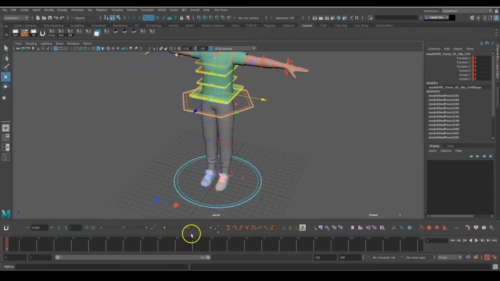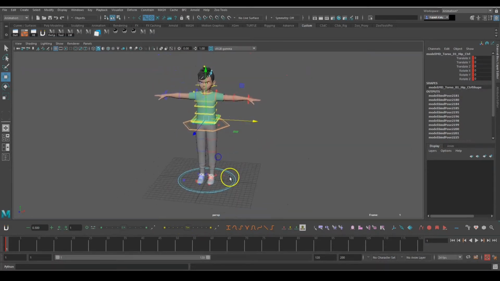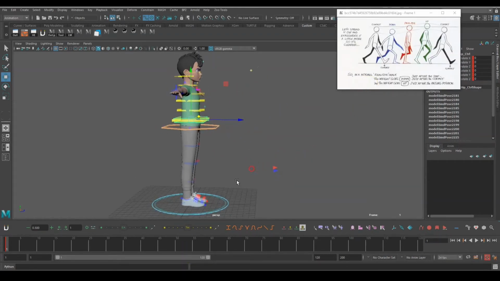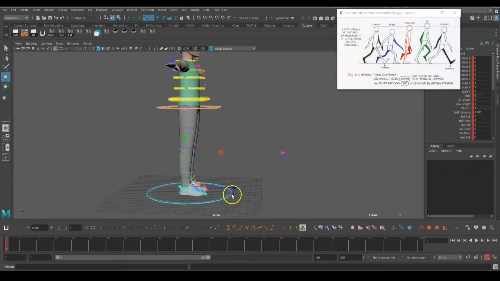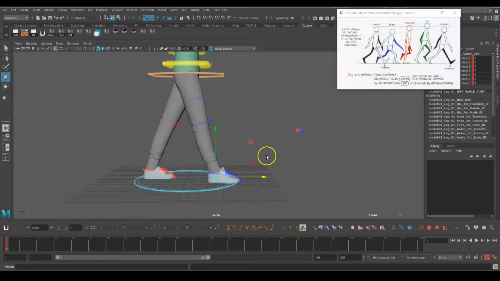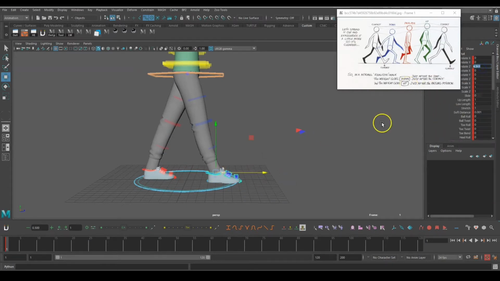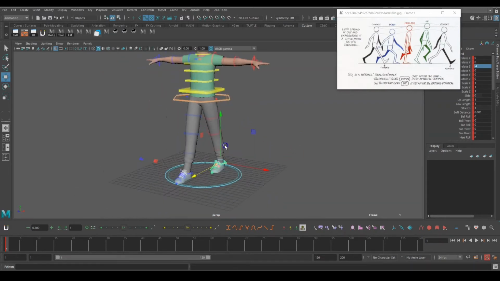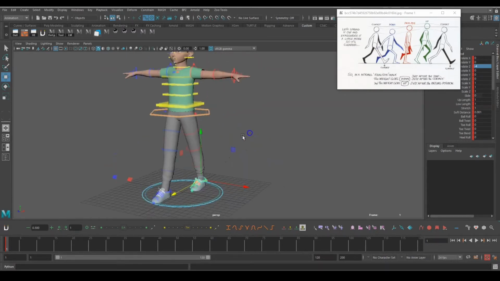So now before starting a walk, we'll see the reference, then we'll start doing poses. So here we have the reference and we'll start making the contact pose. I will start with the legs. First I will take this leg forward, then take this leg backward. I will try to keep the same distance. Okay, I will keep this 4, I will keep this -4. Naturally it is not like that, but in a cycle we have to do it with calculation, so you will get the perfect walk cycle.